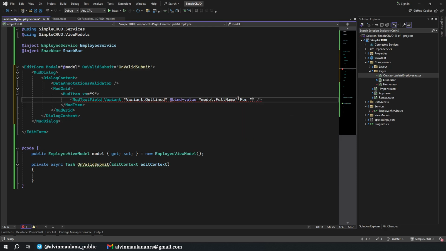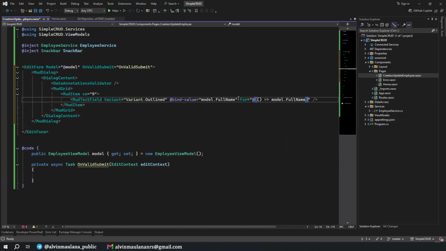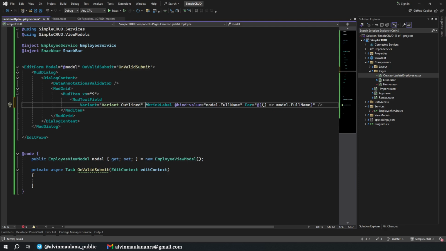And then for add, okay, model dot full name. Now suddenly it's gone. Okay, so you need to define all of this with the string label. This is to beautify our UI.